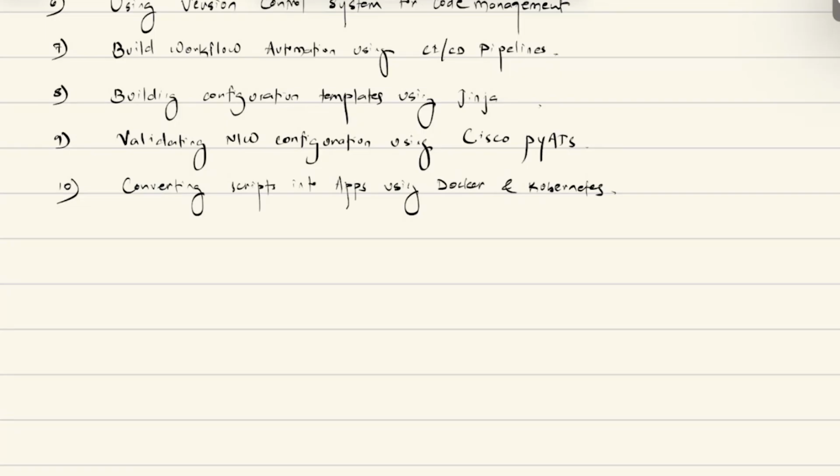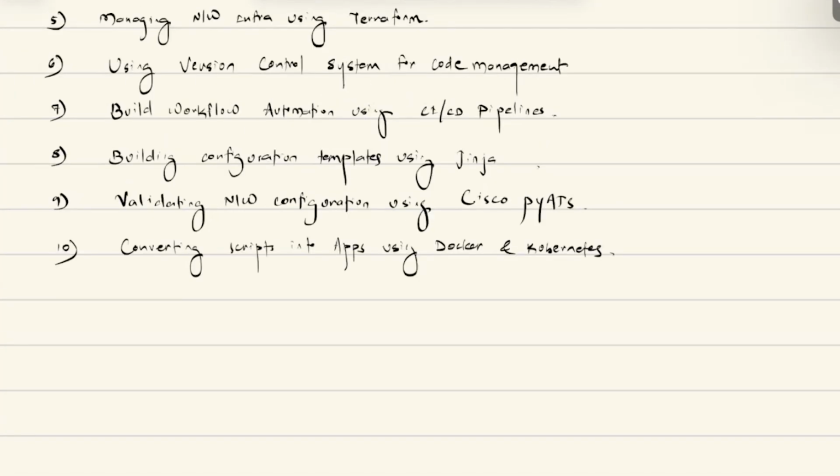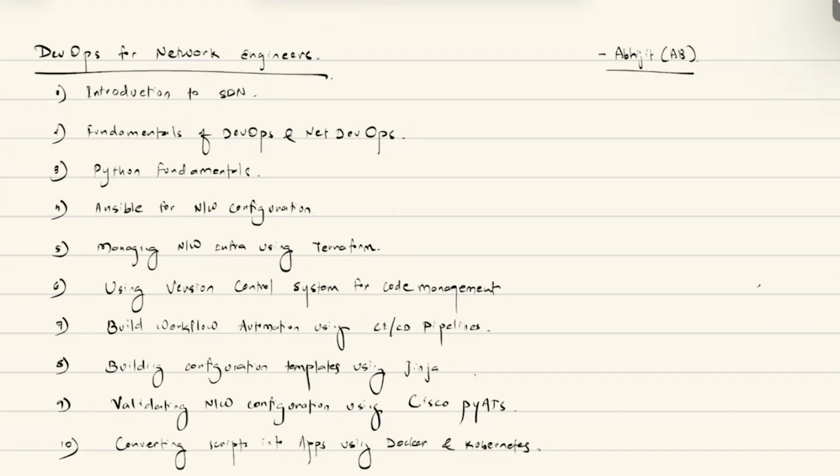So that's kind of core DevOps steps. So you learn how you can actually use Docker, Kubernetes, and all in order to convert your script into a production grade application that can be hosted by the organization for internal or external use. And these are gonna be the major pointers that we're gonna talk about in this particular training.